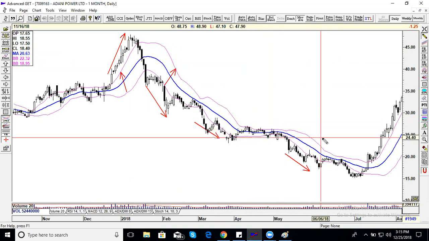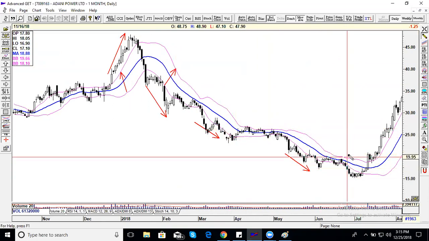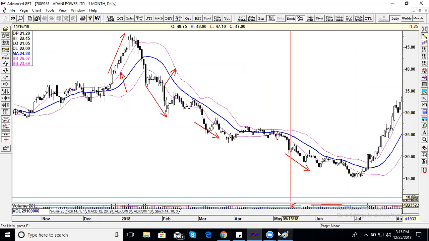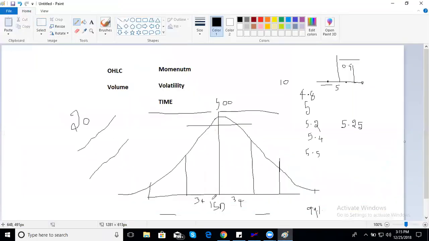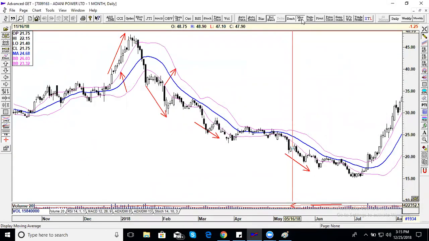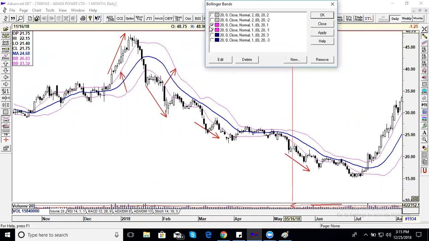You can see not much of the data fits into this 1 standard deviation move. That is what this bell curve was also saying. Only 68% of the data you can fit within 1 standard deviation from the moving average. Let's move on to the next one, which is the 2 standard deviation move, wherein I said you can fit 95% of the data.